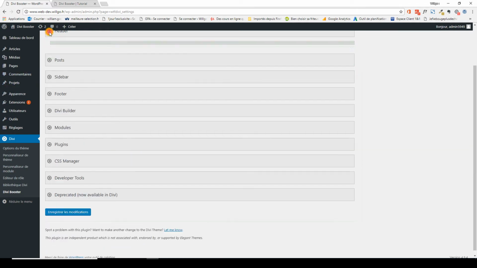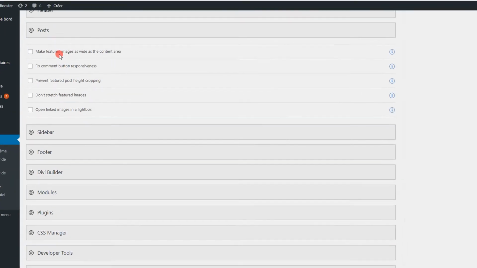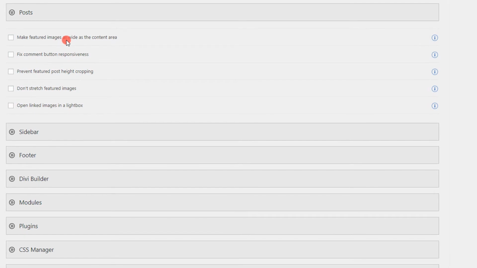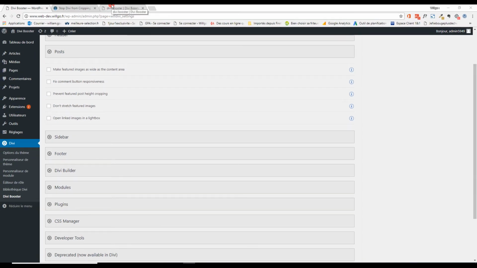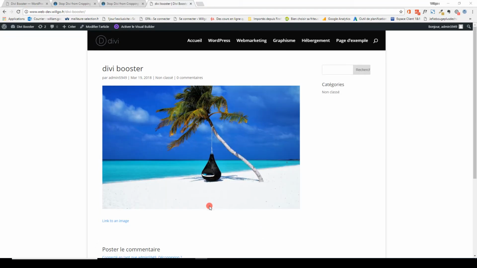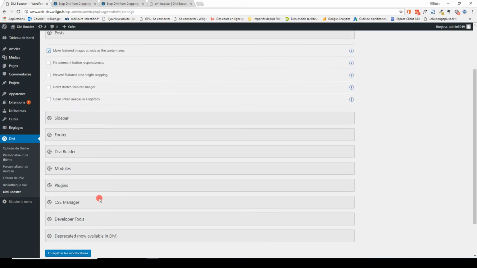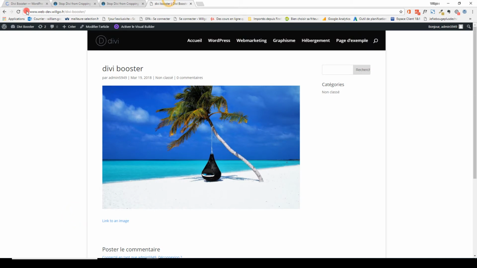and we can go directly to the post part. Here you have 5 options. So I'll go quickly with this. So make featured image as wide as the content area. I created a post like this. As you can see, the title is on the top of it and the image under. If I choose the option make featured image as wide as the content area and I save the settings, now if I refresh,